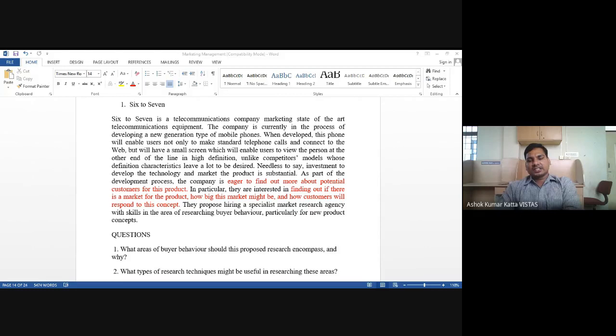But our topic is 6 to 7 telecommunication bells. Now here they want to identify the consumers. Once upon a time, only some people would have a landline connection. During that time, for 1 lakh people, only one person would have a mobile phone. Now the current trend has changed over the last 10 to 15 years. Now everybody is having 2 mobile phones. And nowadays everybody has 1 smartphone with them. Now the entire India, the entire world is a target market for you.